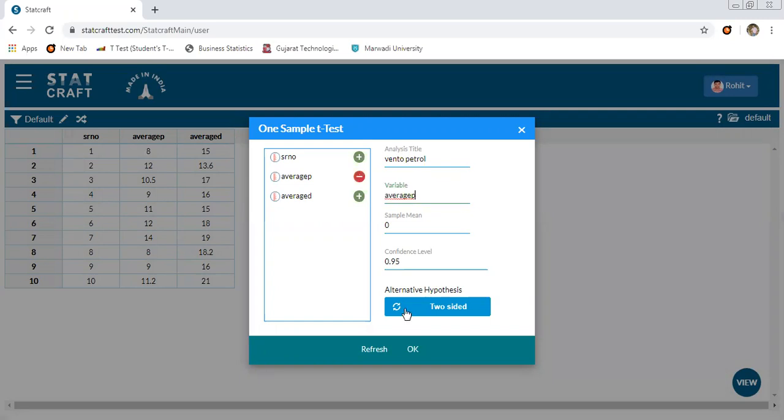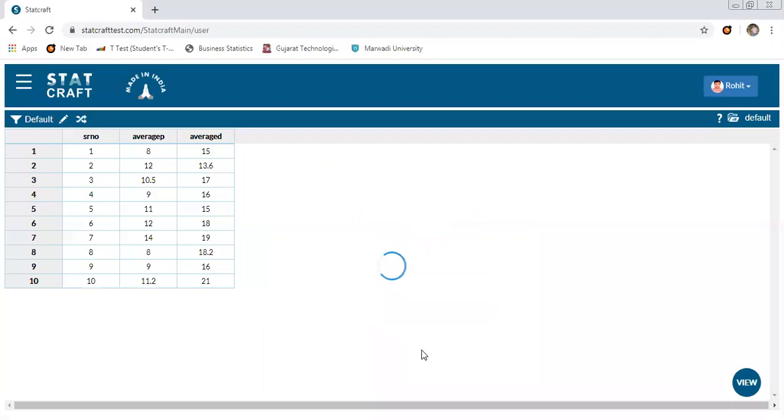If I want to do two-sided, I can do two-sided. If I want to do greater or less, it is available in the software. The sample mean is 15 kilometers for petrol. I would just click OK and the result would be displayed.